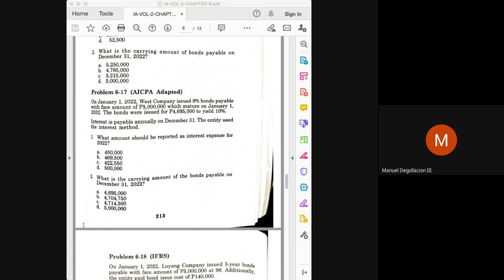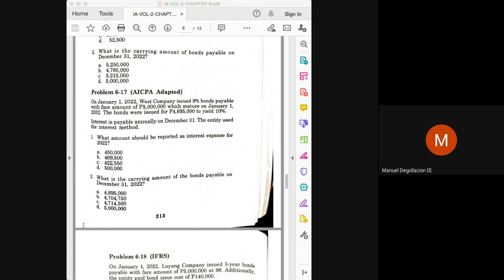Okay, the balance of the discount at the end of the first year was 285,500. The amortization this year is 21,450. So the remaining discount after 2 years would be 264,050. Okay, and with that we can already solve for the carrying amount after the second year, after the end